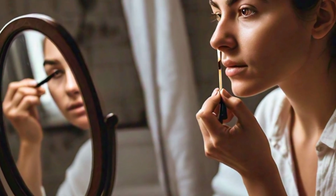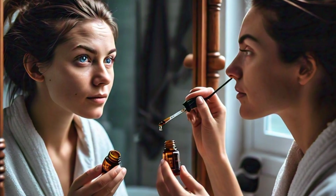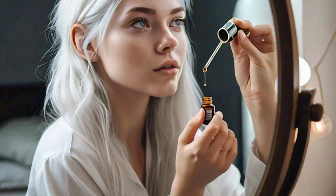To use it, spray a small amount of castor oil onto a cotton swab or your fingertips and gently dab it onto your eyebrows. Focus especially on the areas that need more volume. You can also use a clean mascara wand to brush the oil through your eyebrows, ensuring even distribution. The thick texture of castor oil helps it stay in place without dripping, so it's easy to leave it on